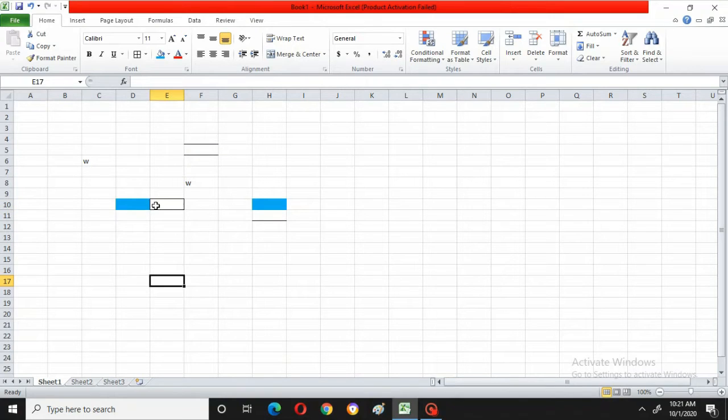Can you see here, all borders in the sense of top, bottom, left, right. Okay, now I will show you for 3 to 4, like a table I will show you.